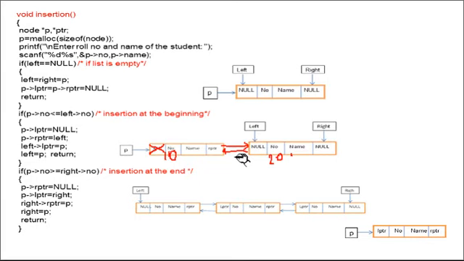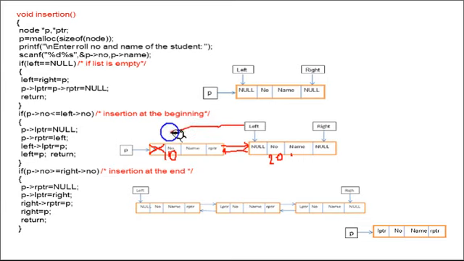be created. After inserting this node into the linked list, we have to adjust the left pointer. As I already told you, the left pointer always points to the leftmost node, and the right pointer always points to the rightmost node. After insertion, this will be the leftmost node and this will be the rightmost node. So now left should point to this one. So now we have to execute left equals to P. Then this link will be created.